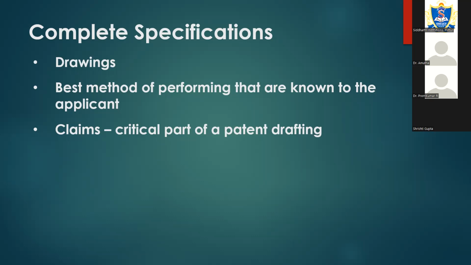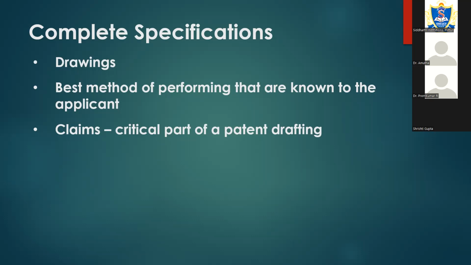Okay, so suppose you are claiming for a thermometer and you are claiming that your thermometer works from 0 degrees to 100 degrees Celsius, then you have to perform an experiment at 0 degrees Celsius as well as 100 degrees Celsius. So you have to keep it in the ice, and you have to keep it in the boiling water. Okay, so that description of the invention or performance of the invention will give you the best